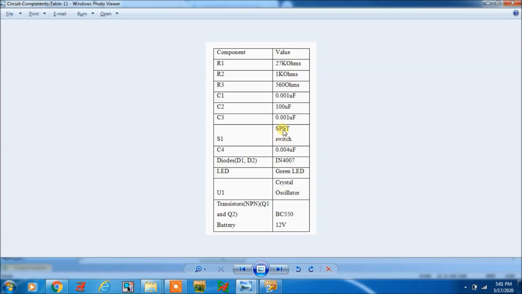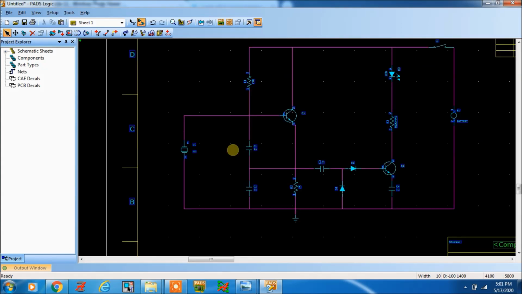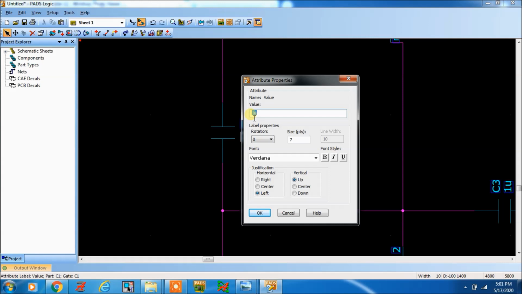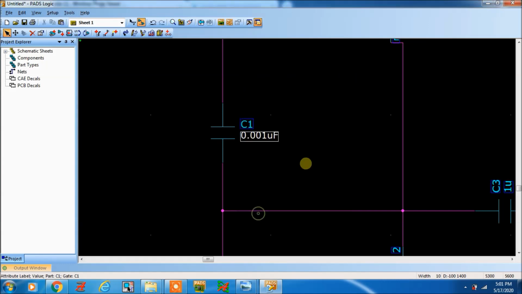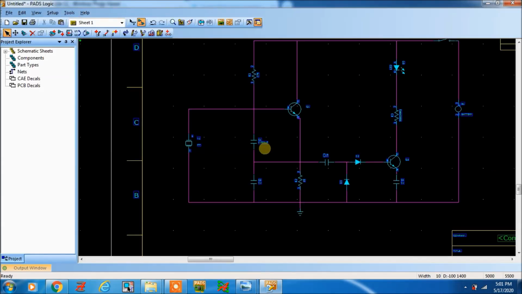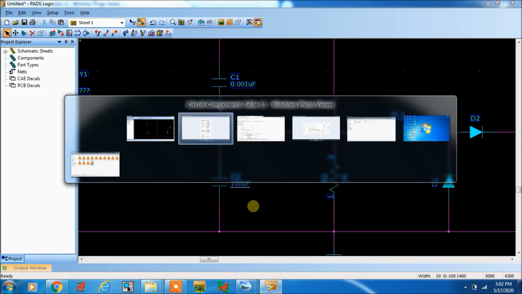C1 is 0.001 microfarad. Where is our C1? Here it is 1 microfarad. You can change it to 0.001 microfarad. Now C2 value is 100 microfarad. Okay.